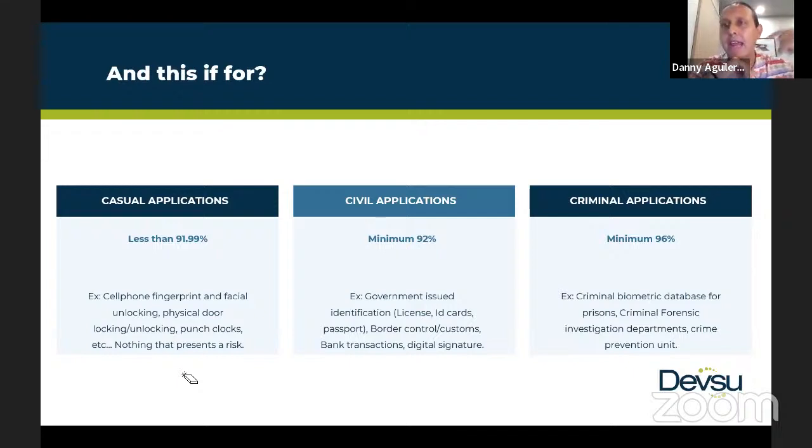Let's say a bank is a casual application, in the sense that you just want to use it as a login for your account on the web app. That's one. But computers actually use these casual applications of identification. The one that I mentioned, logging into Windows 11 with your face, is a casual application of it. They are not forced to be more than 92% sure that that's the person they have in front. So you can have that for cell phone unlocking, physical door unlocking. For example, if you have